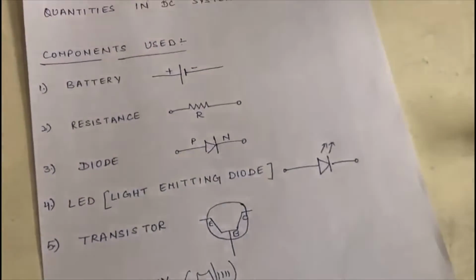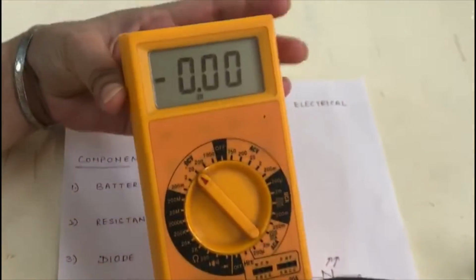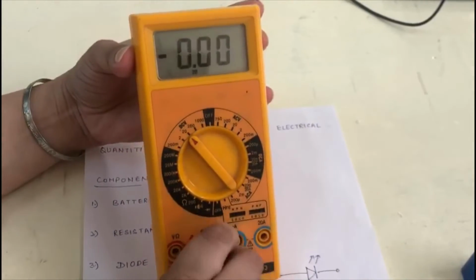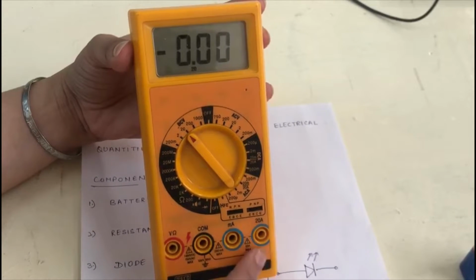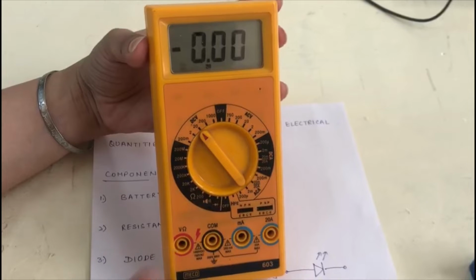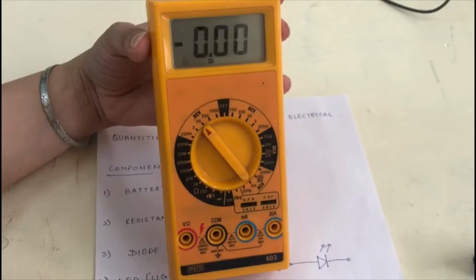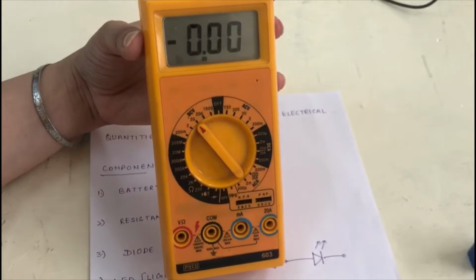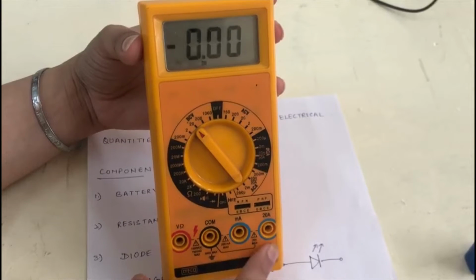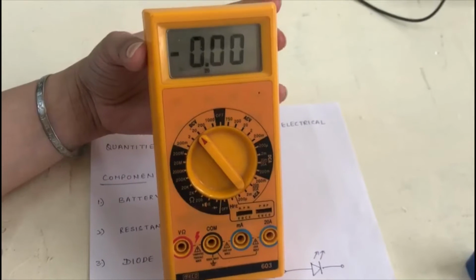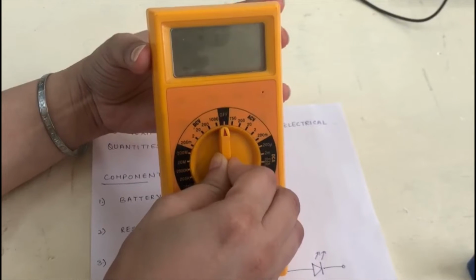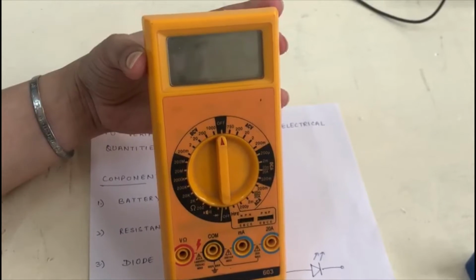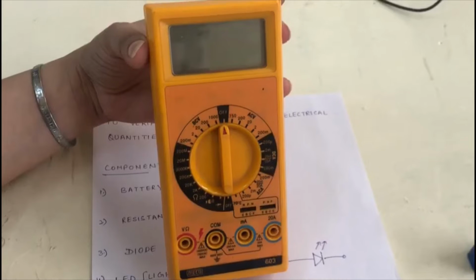We will measure all the values by using a multimeter. First of all, I am showing you the multimeter. This is your multimeter device. In this multimeter we have various ports below. The first port can be used for the measurement of voltage and resistance. The second one is used for common, and the third and fourth ports are used for the measurement of current. In the middle of the multimeter we have an adjustable switch, so we can adjust it because we have various quantities in AC or in DC, according to our experiment.